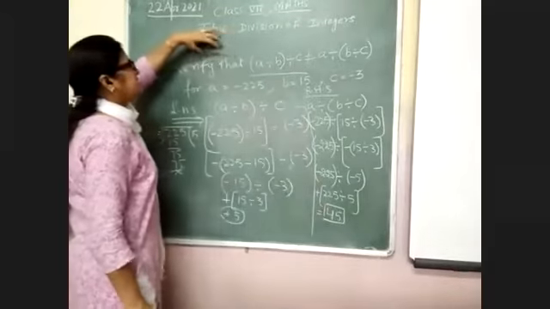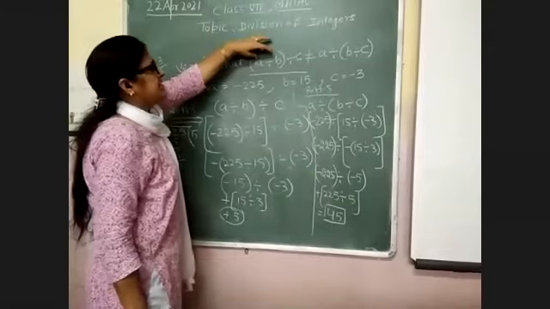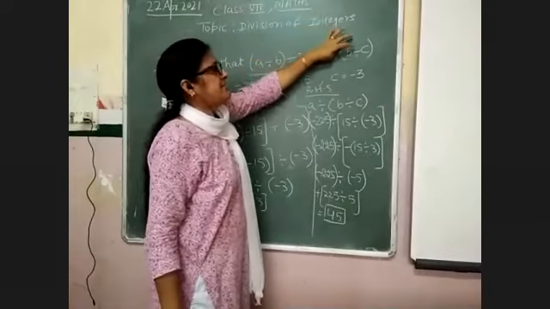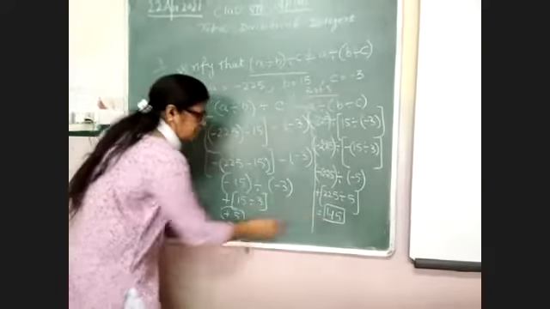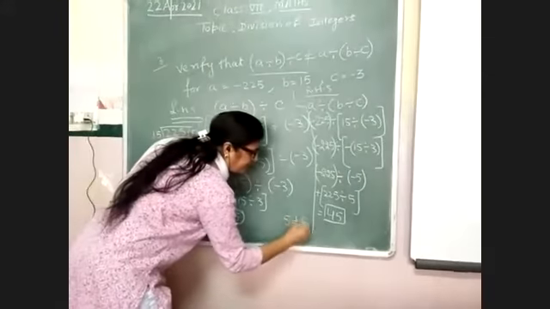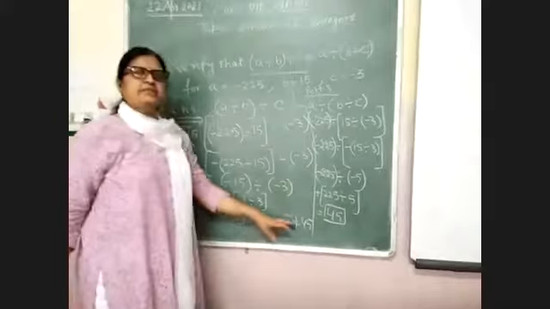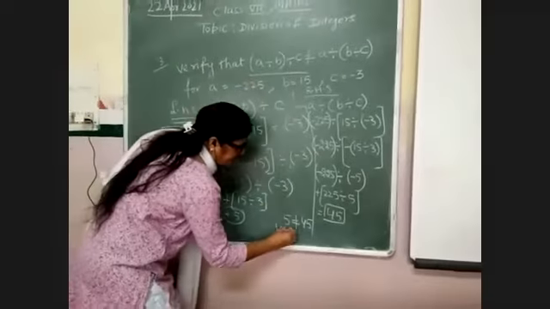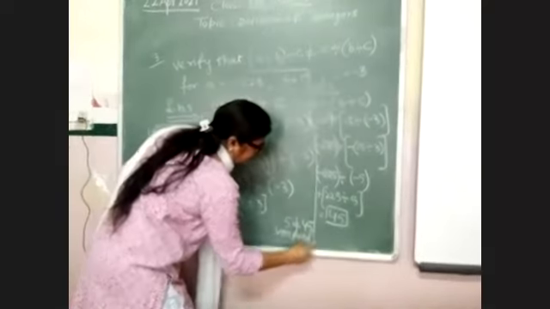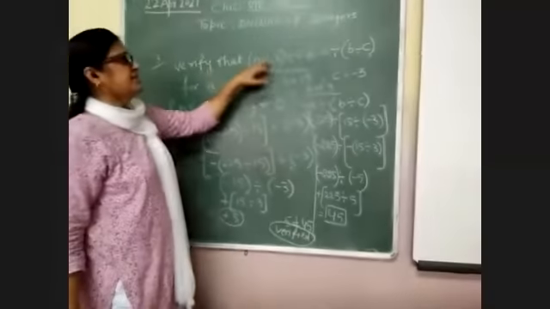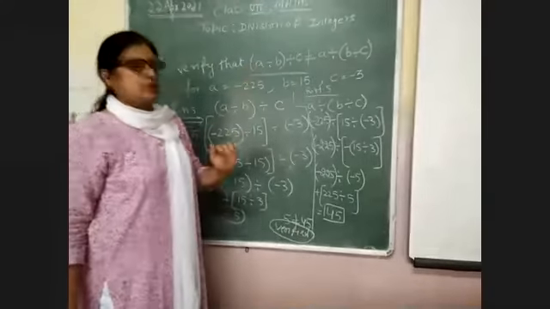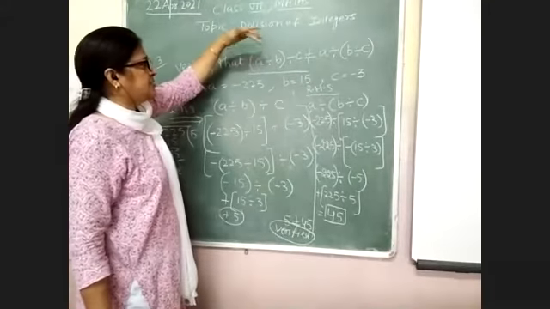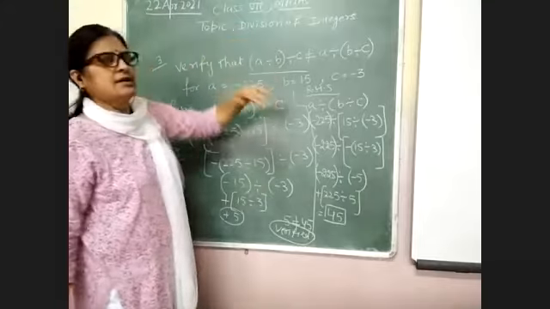You have to verify this: A divided by B divided by C is not equal to A divided by B divided by C, and 5 is also not equal to 45. Okay, 5 is not equal to 45. So it is verified, because the division rule is not applied on the associative property. See, these are given. So in this question, the associative property is not closed under division.